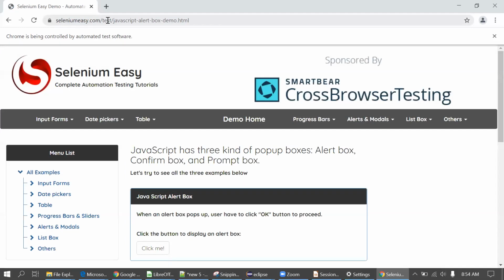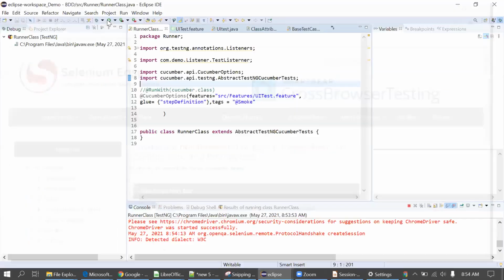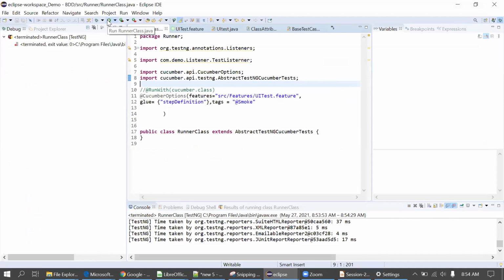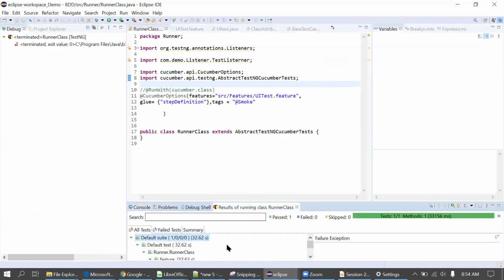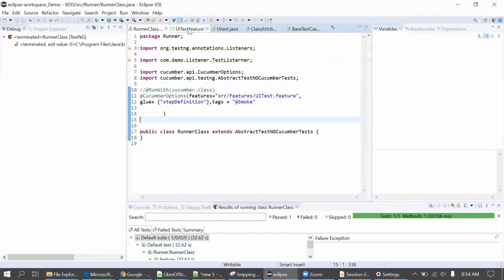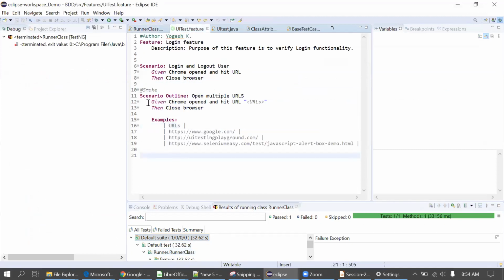So if you want to execute a test case for multiple data, we can use the Scenario Outline with the Examples keyword. You have to remember this. It can be anything. Suppose you want to log in with multiple usernames and passwords, you can apply this same method there. Okay, so this test case passed. You can see the green here, which means the feature passed. This is the scenario outline.